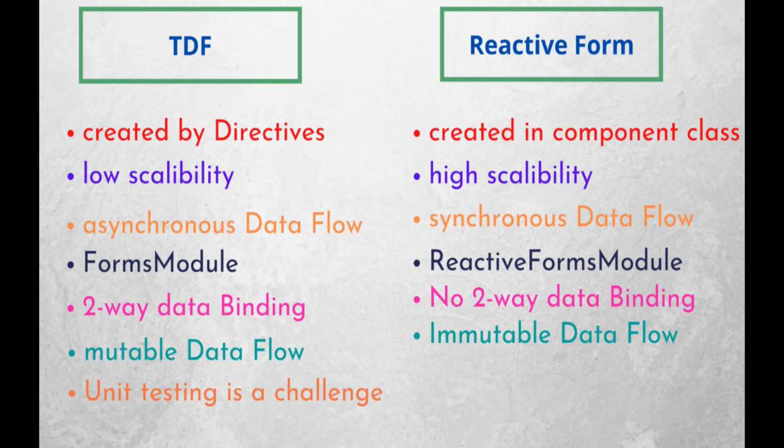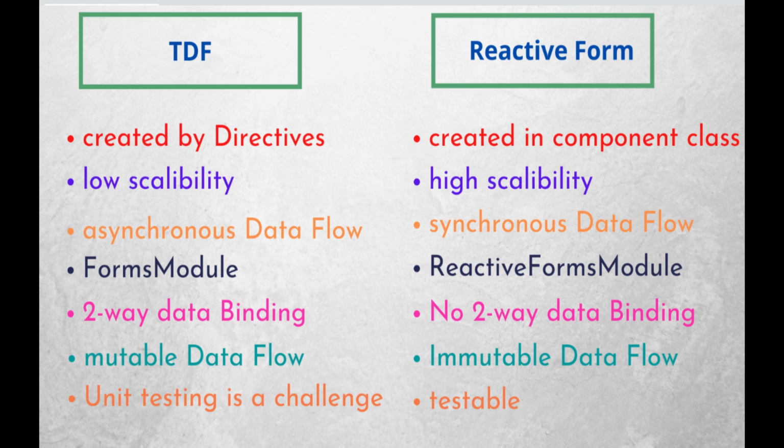Next important difference is reactive forms use an explicit and immutable approach to manage the state of the form at a given point in time. So when we change the form state, it returns a new state which manages the integrity of the model between the changes. Because of this, reactive forms are quite easy to test because they ensure consistent and predictable data when requested. So these are the differences between template driven forms and reactive forms.